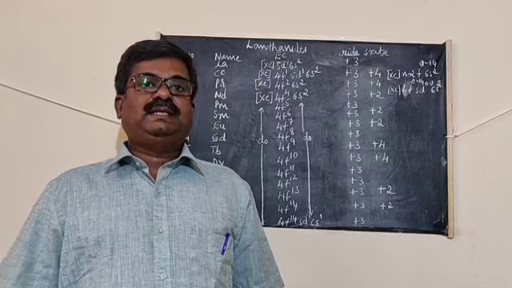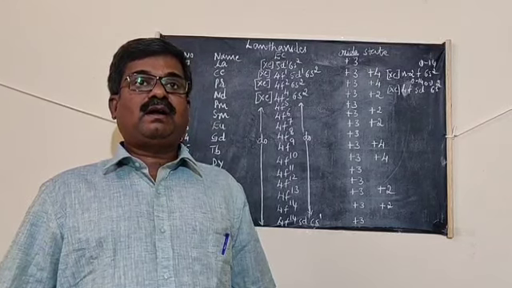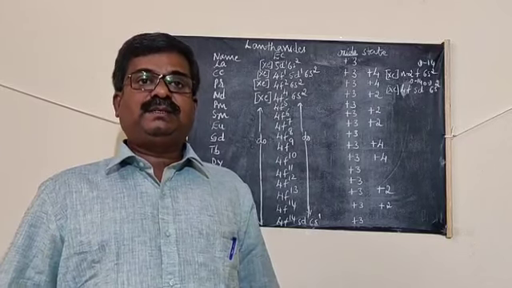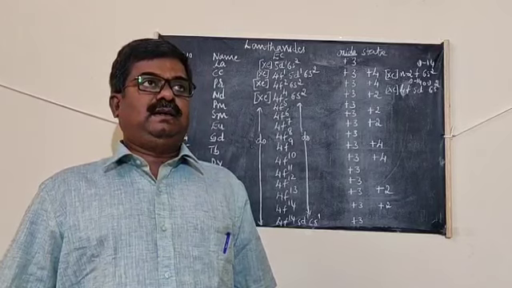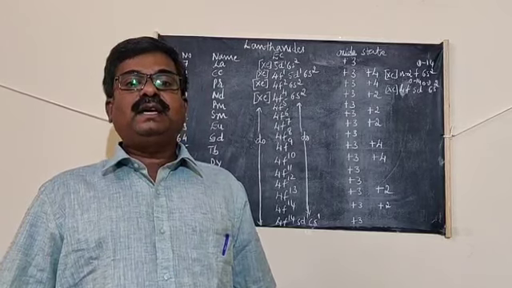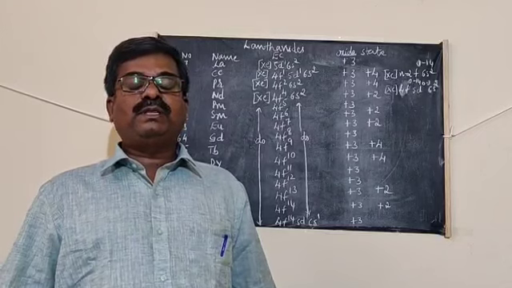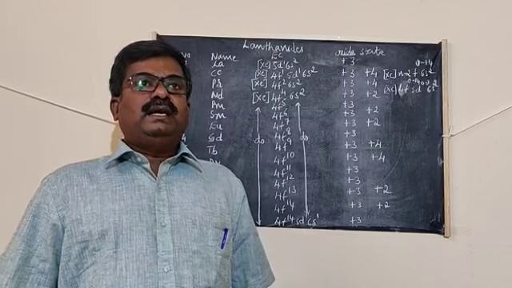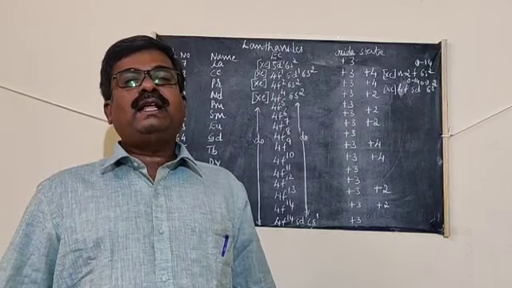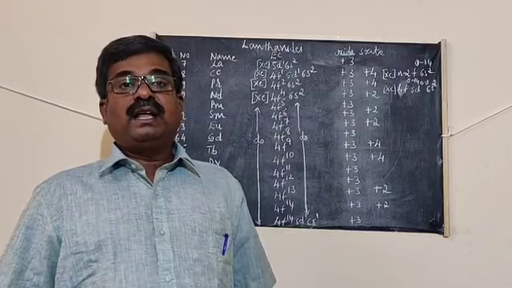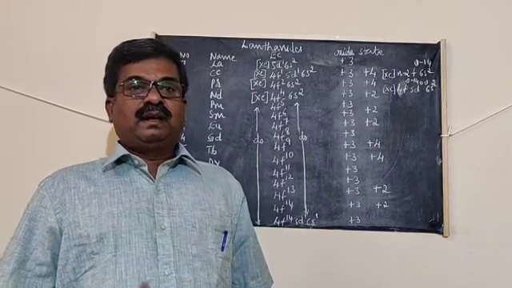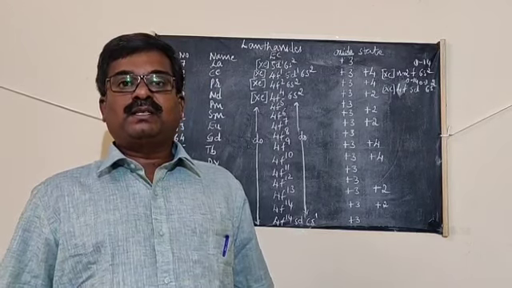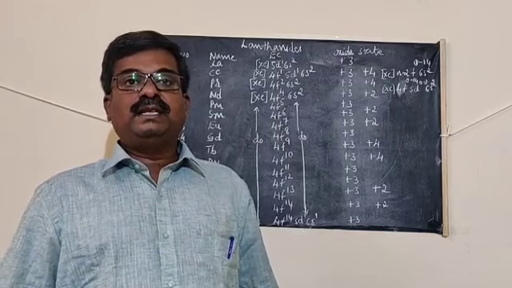The 15 elements from lanthanum to lutetium, atomic number 57 to 71, are considered as the lanthanides. In these elements, the electrons enter into the inner f orbital, so these are also called inner transition elements. In general, these occur very rarely in the earth's crust, so they are also called rare earth elements. In nature, these occur in the form of respective orthophosphates in monazite sand. Generally, these are extracted from this monazite sand.